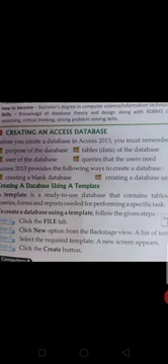Creating a database using a template. A template is a ready-to-use database that contains tables, queries, forms and reports needed for performing a specific task. To create a database using a template, follow the given steps. Click the File tab, click the New option from the backstage view. A list of templates will appear. Select the required template and a new screen appears. Click the Create button, and the template opens.